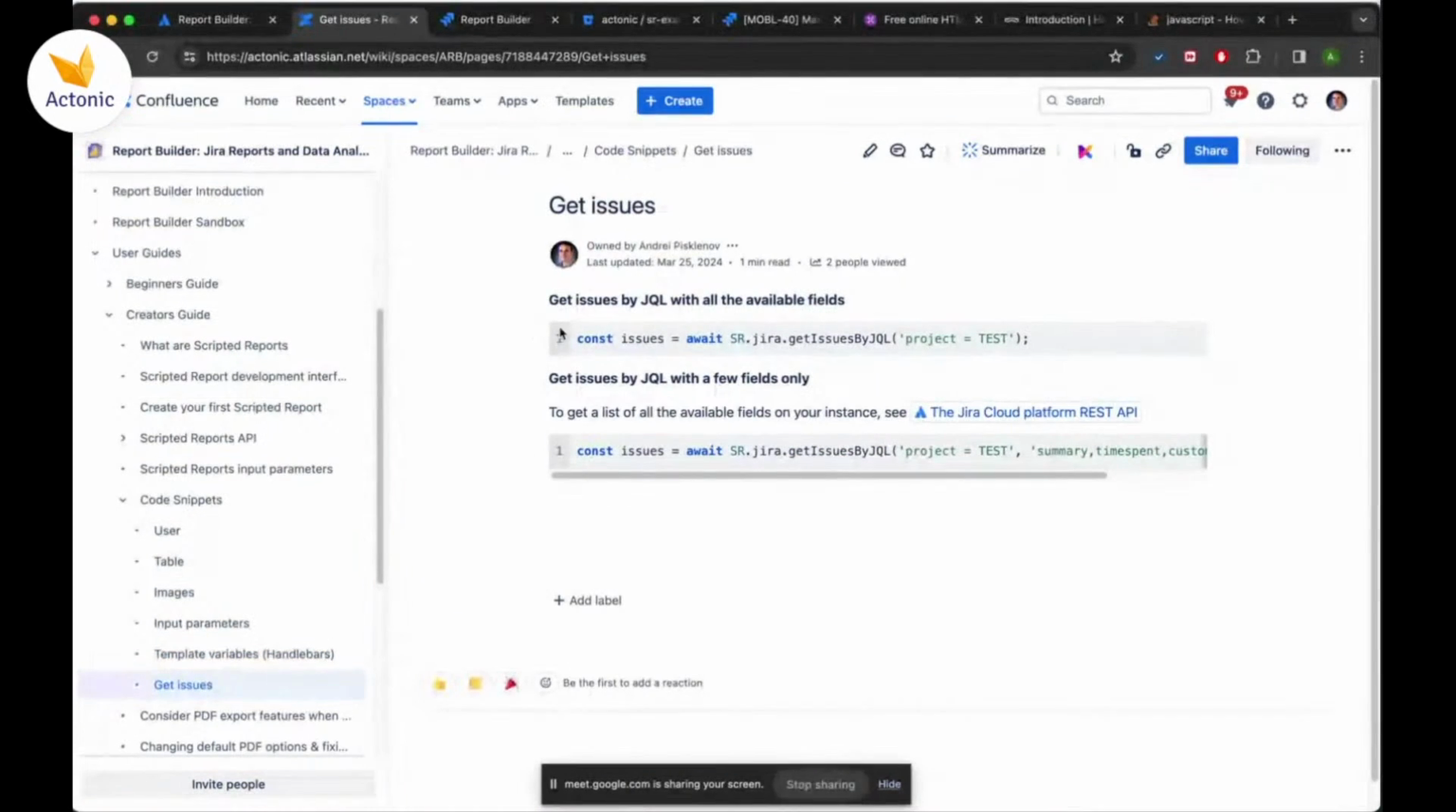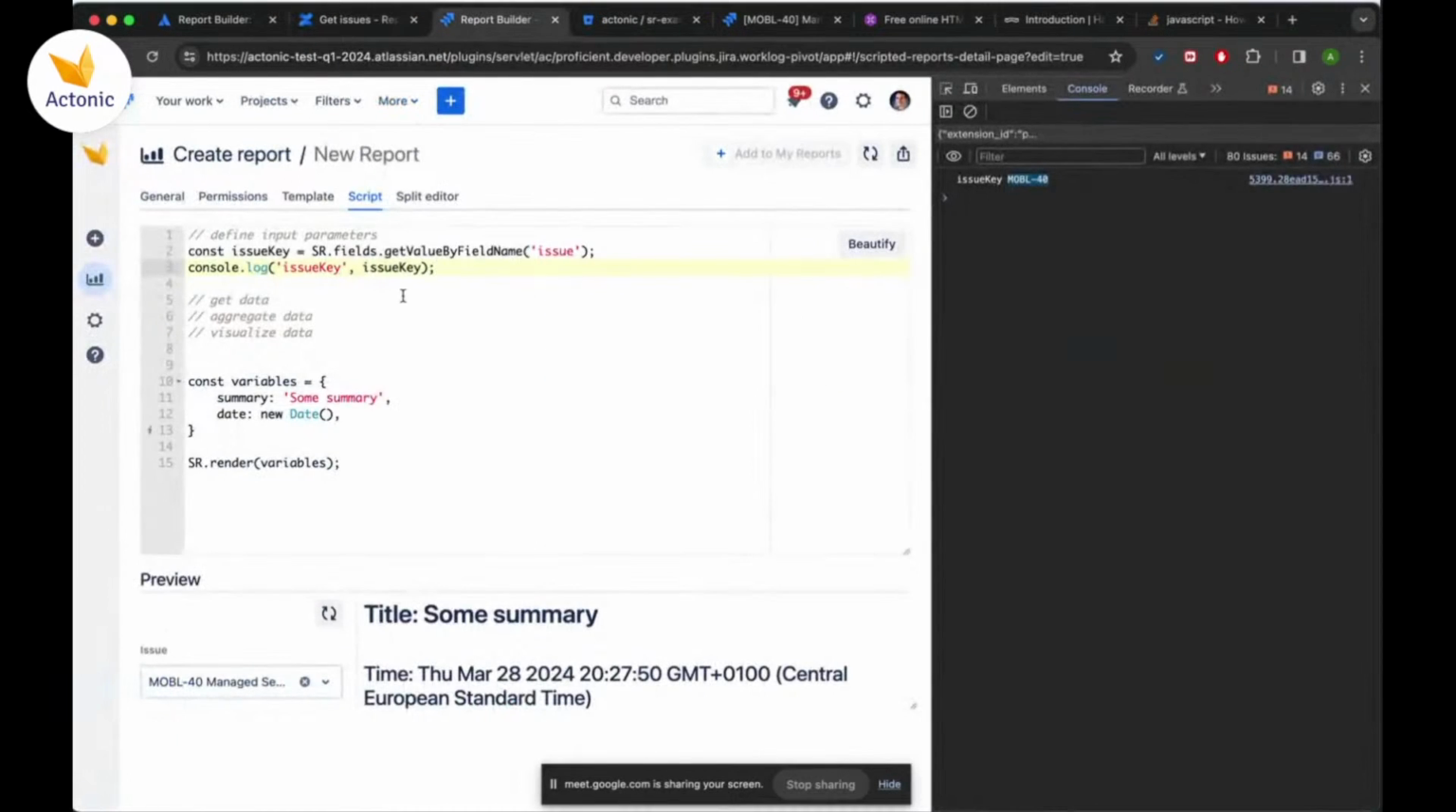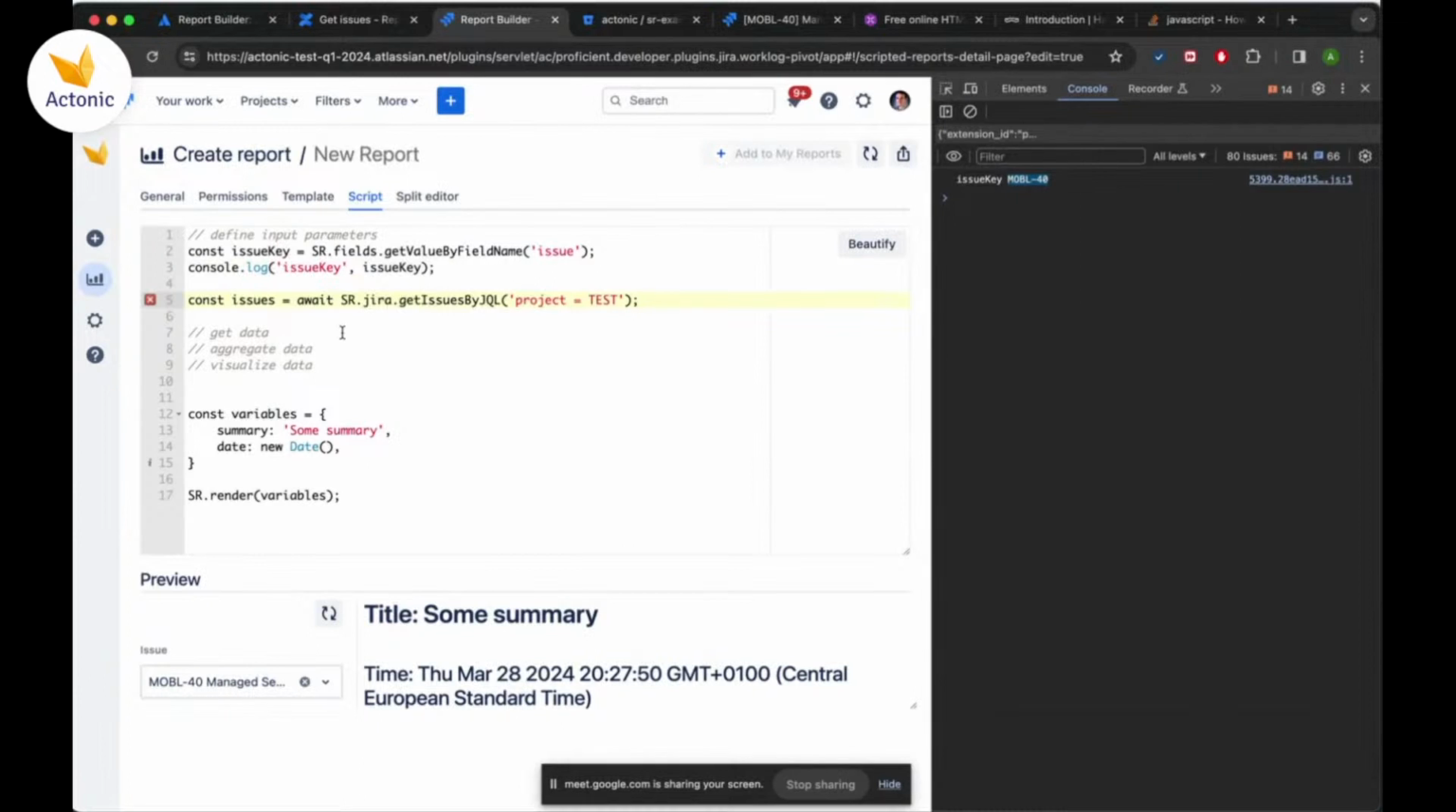Get issues section. This is a place which explains how you can request issues directly from Jira. This one method allows you to get all the issues which match this JQL. JQL is Jira query language. I hope you're familiar with it already. So it's a special language which allows you to access one or multiple issues based on project, label, creation date, or any other field. For our case, we don't need the whole project. We need one particular selected issue, and we can easily access it